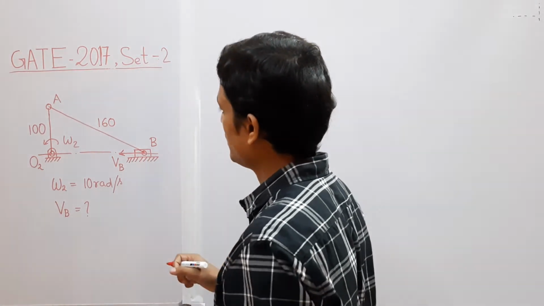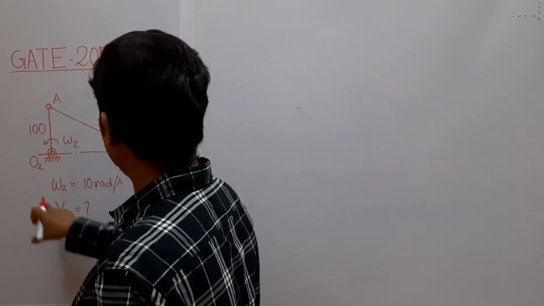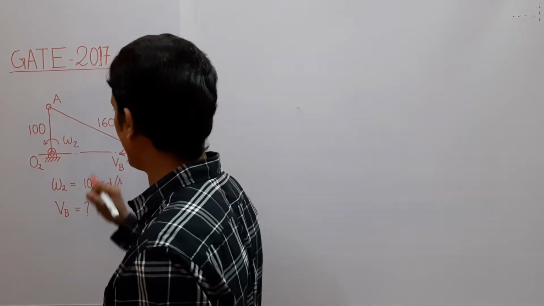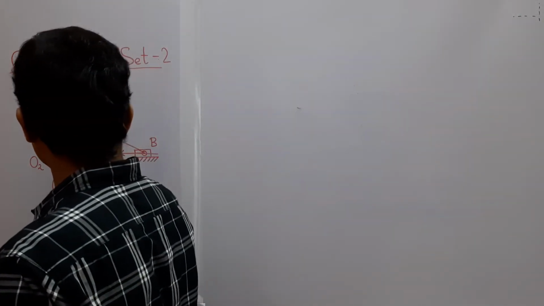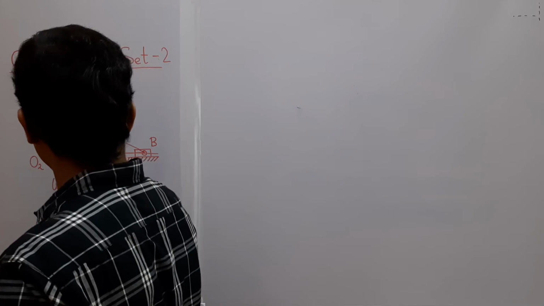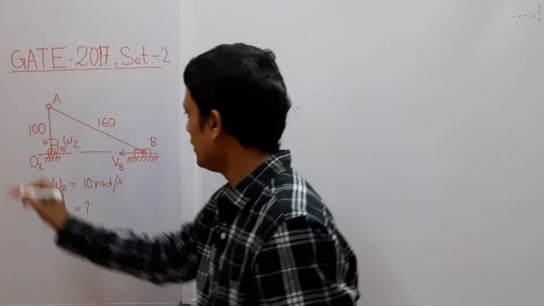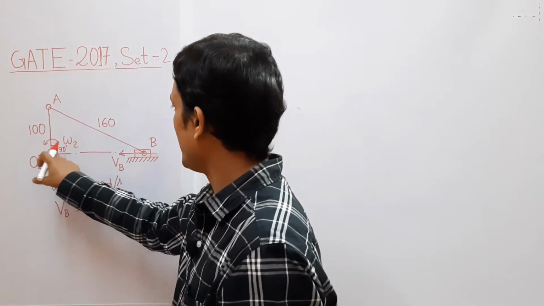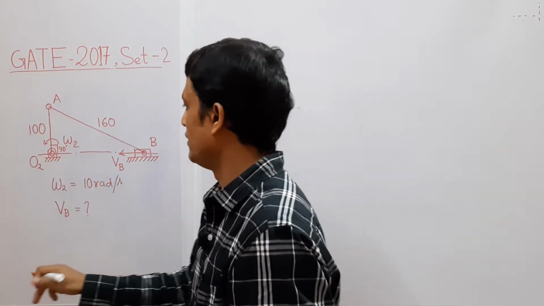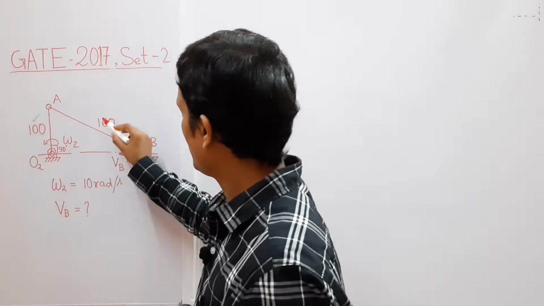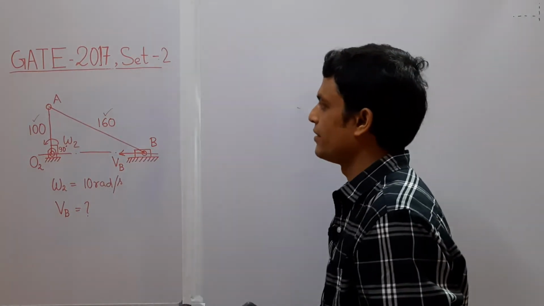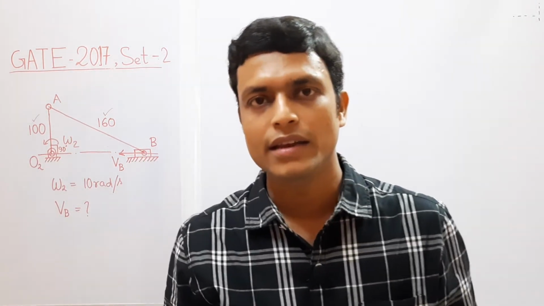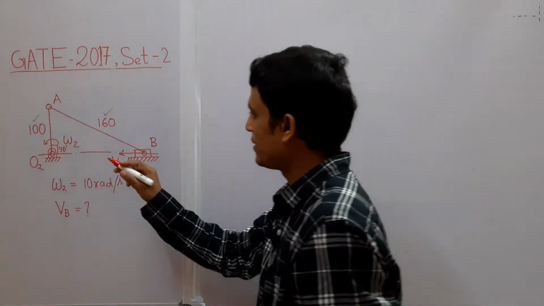It has been asked that what is the sliding velocity? You have to determine the sliding velocity, but the configuration is different. Here the crank makes 90 degree with the fixed length or the axis of the slider. Crank O2A is 90 degree with axis of the slider. Length of the crank is 100 mm, length of connecting rod is 160 mm, and crank is rotating with 10 radian per second in counterclockwise direction. So what is the sliding velocity?